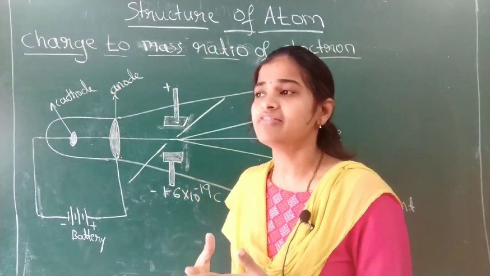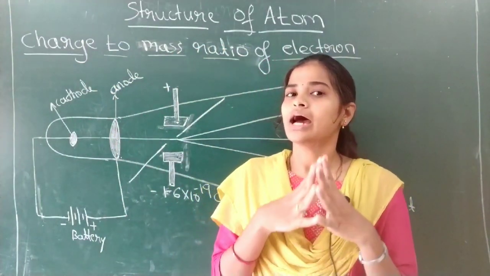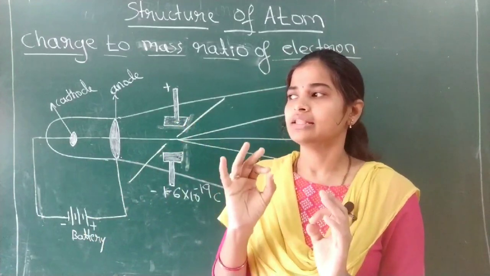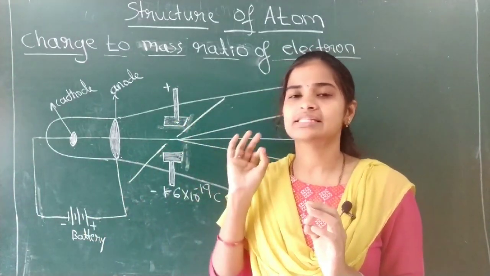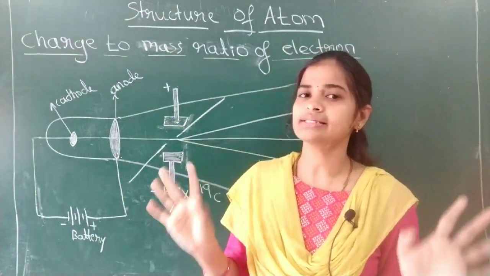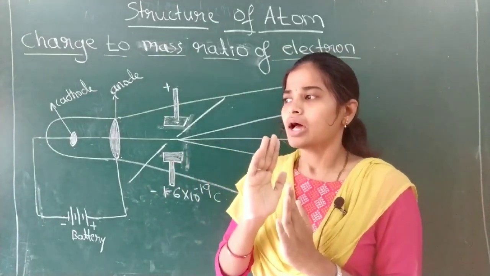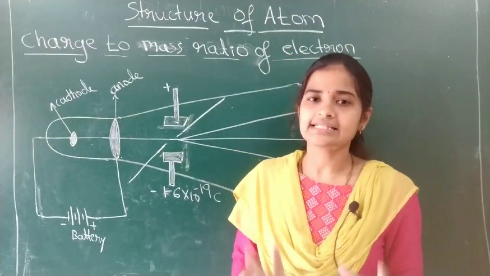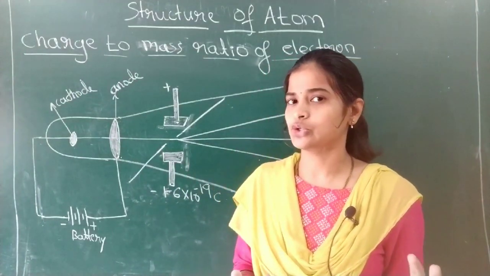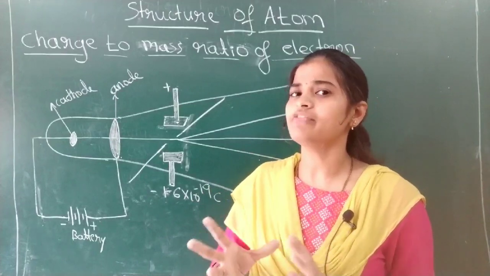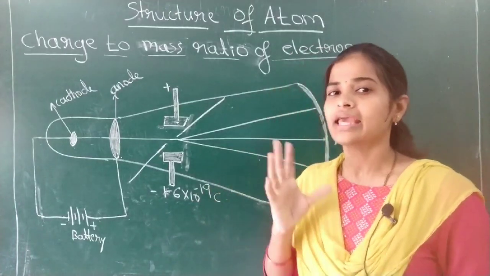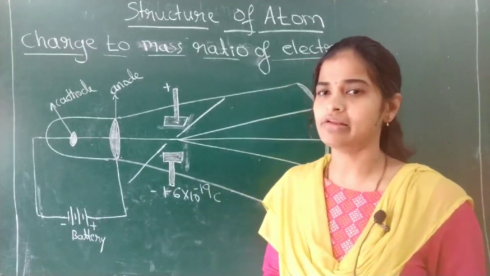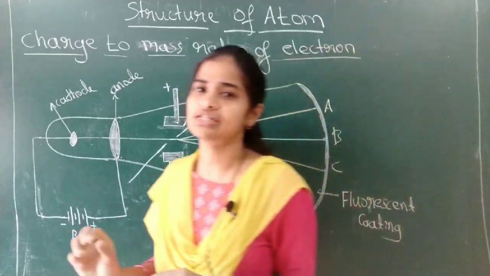See, when they discovered the electrons, they did not know either the charge of the electron or the mass of the electron. They just said that there are negatively charged particles in the atom. Those are called electrons. Got it? Okay, now the scientist J.J. Thomson took the cathode ray discharge tube itself and he did certain modifications in that.